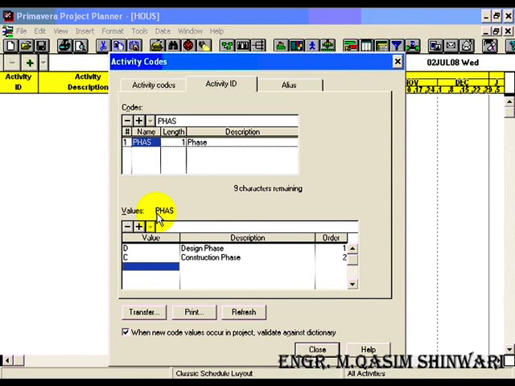Now the third value will be F, which stands for finishing phase. Press enter, and it will be on 3rd priority. Now click on